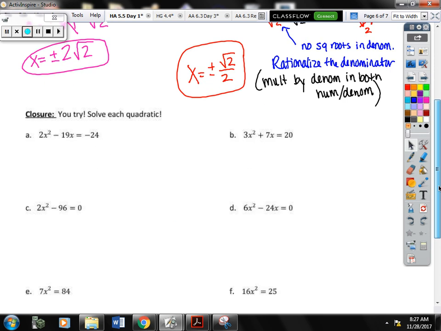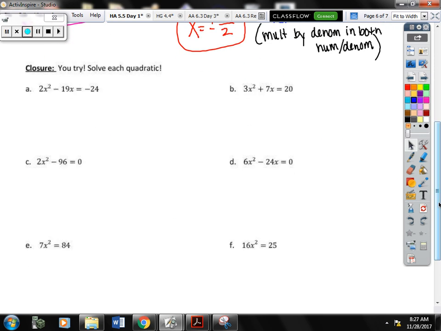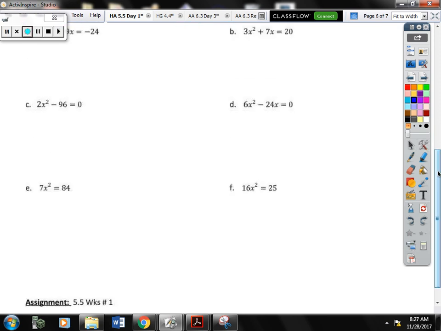Alright, the closure just has some more practice problems. I want you to go ahead and work on those either independently or with a partner. And there's 6 for you to do. Again, make sure that you have 2 answers for each of them. And whenever you're finished with them, if you want to move around and work with a friend,